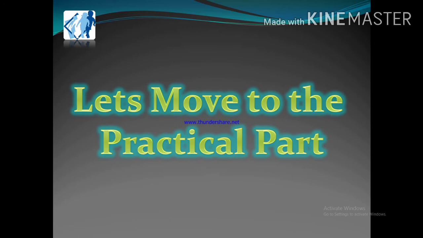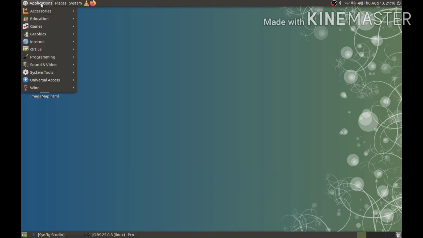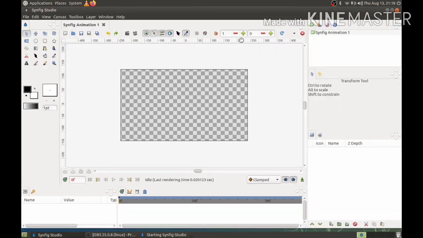We will see the interface of Synfig Studio. So here we are starting with Synfig Studio. How to start? Click on Applications, then Graphics, and then select Synfig Studio. You can see the interface of Synfig Studio looks like this.